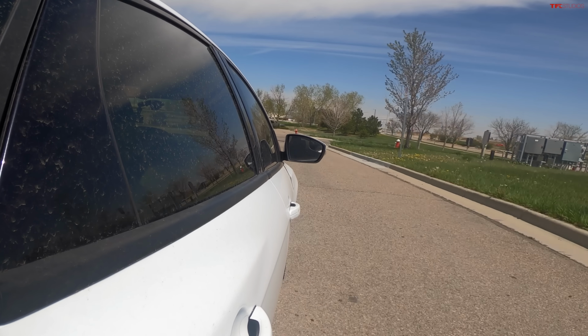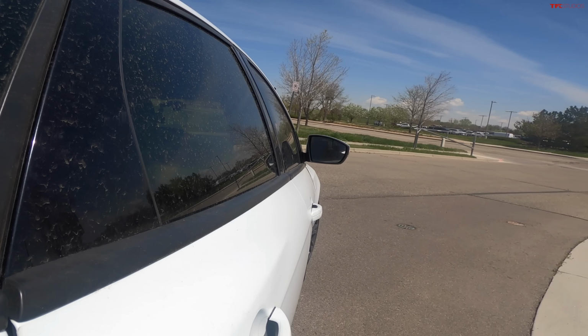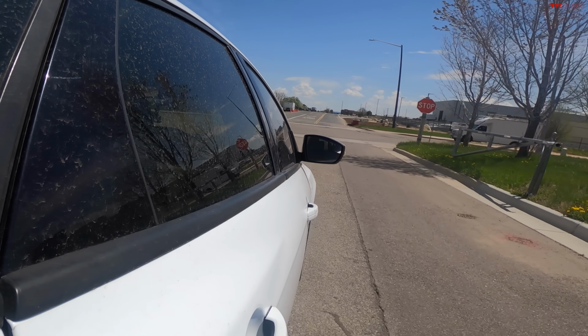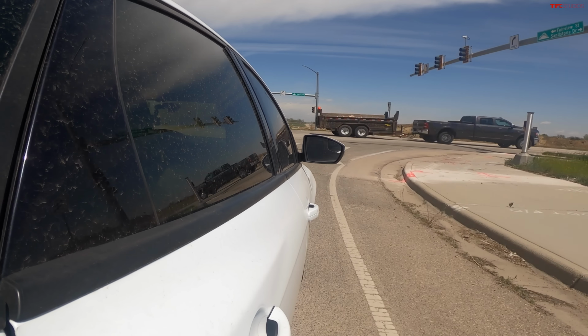All right, so getting in and driving the Focus RS, I will say this is a really cool car. It's so interesting that the Focus RS was offered for a long time in Europe, and us over here in the States, we were always complaining, like, why don't you bring that here? And then they did, and we were all so happy that it was finally here, and we thought it would be a nice long run of having the Focus RS, but sadly, shortly after that happened,